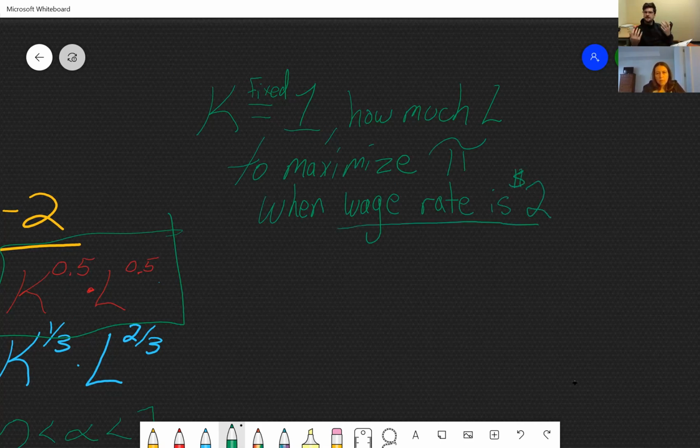We need to know the cost. All we know right now is the production, and we know that we already have capital and that it's fixed, and we're assuming no rental rate of capital here. So there's an assumption here, no rental rate of our capital, right? We own that money ourselves. We didn't have to borrow it or whatever. So the way to solve this is we're going to set the marginal product of labor equal to the wage rate. Now, why is that the way to solve it? Well,